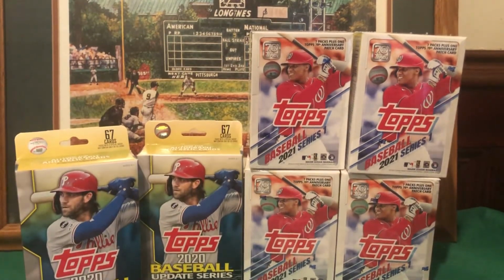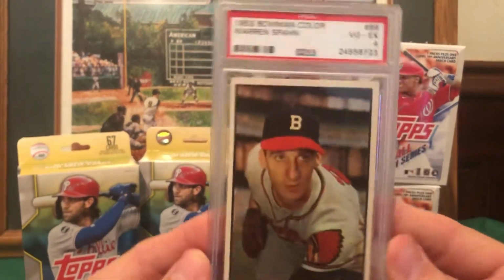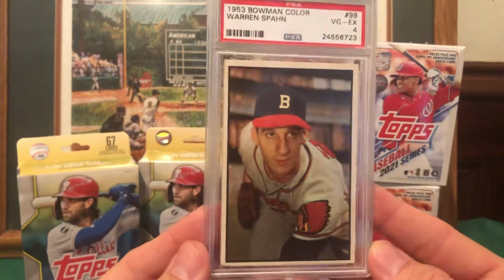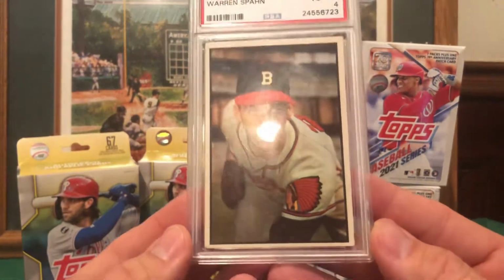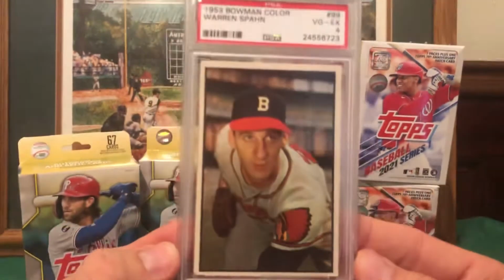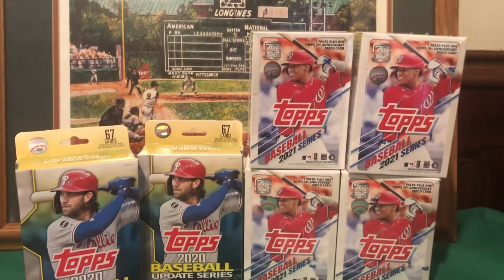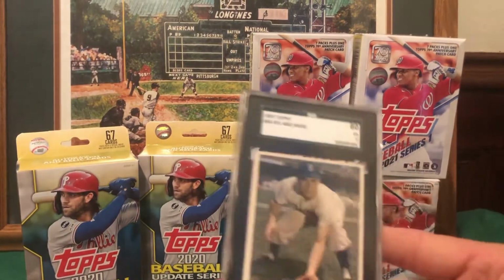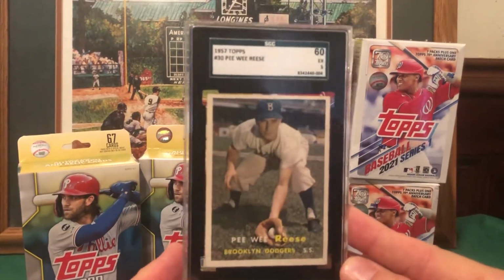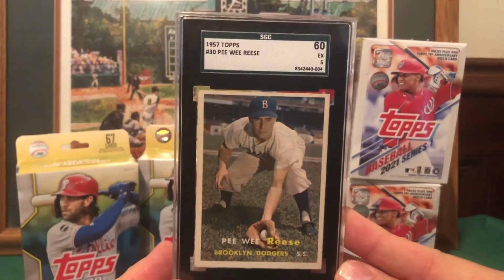And then I don't know if it was Bowman 53. Alex was showing this card, most likely, or someone else. And just how cool that Indian is on this 53 Bowman on the shoulder. So I really like that card, so I picked that up. Got myself a nice Pee Wee Reese. Always thought this 57 looked great. One of my favorite cards